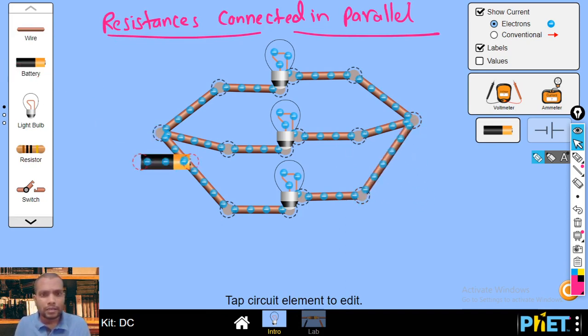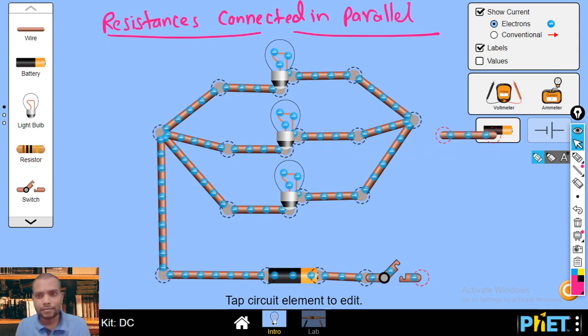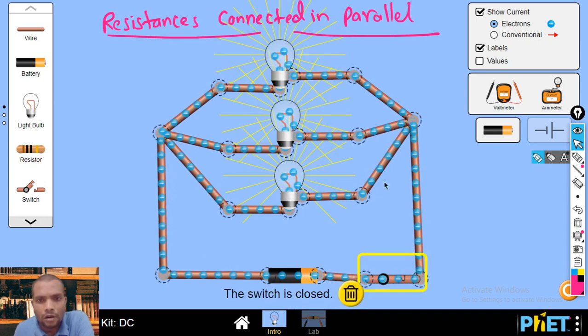Now if I take the bulbs and a switch and connect them, at one end we connect the battery's negative end, and at the other end we connect the positive end via the switch. Here the switch is off, but this connection is known as a parallel connection. See, all bulbs are connected in parallel. Now if I switch on,